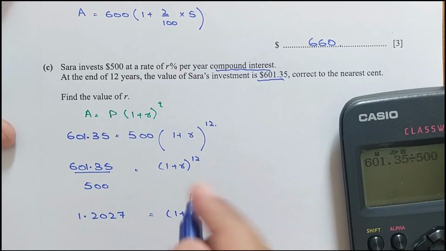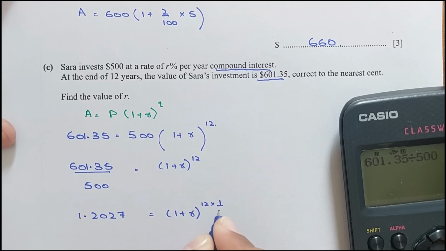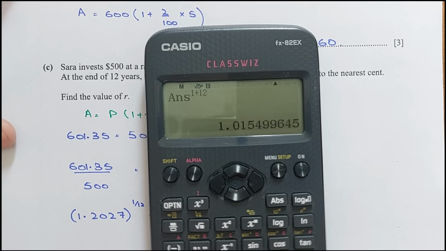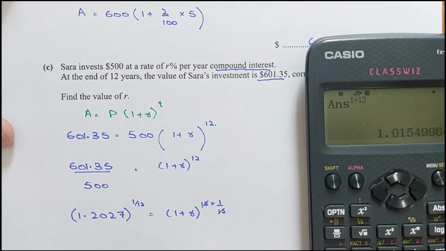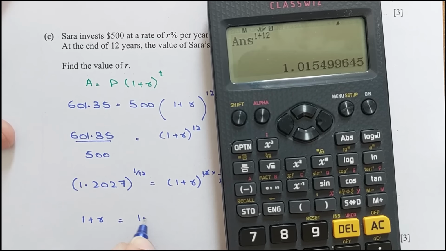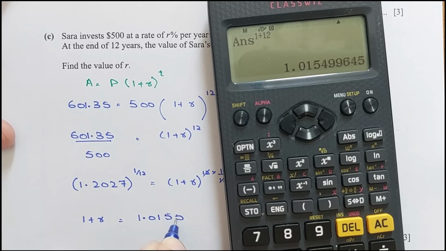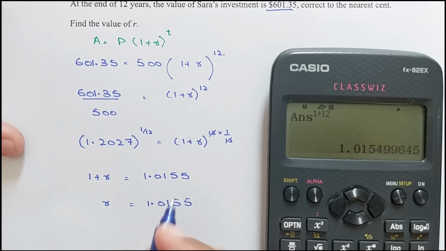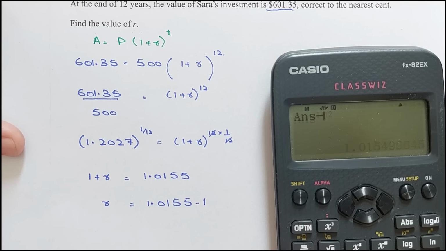Its power is 12. So taking the 12th root on both sides, or power 1 by 12 on both sides. Now this power is going to be 1 by 12, so the 12 is cancelled with this 12. So 1 plus R equals 1.0155. Alright. Now to get the value of R, we have to subtract 1. Shifting the 1 to the other side, it becomes minus 1. So R is equal to